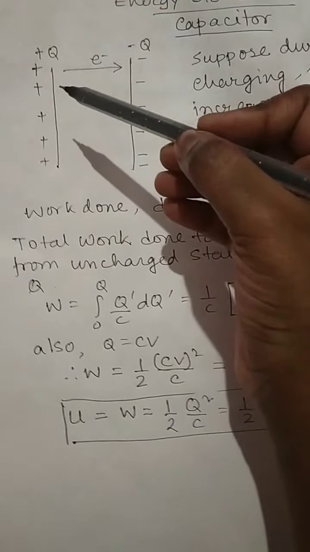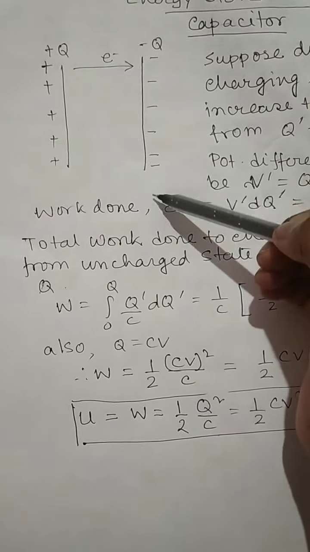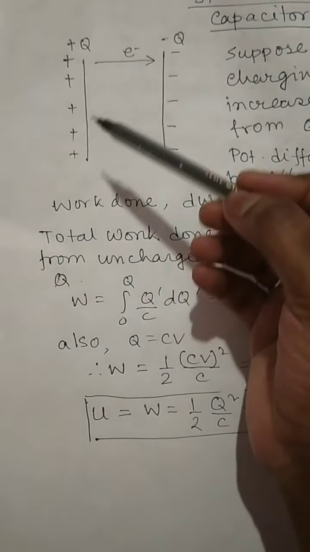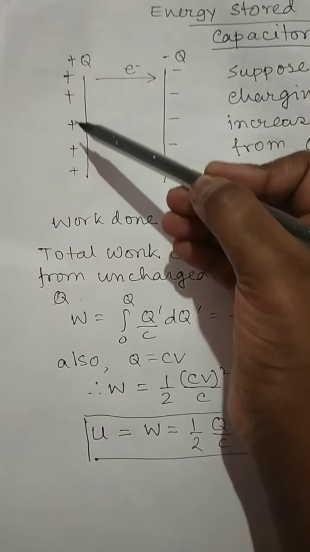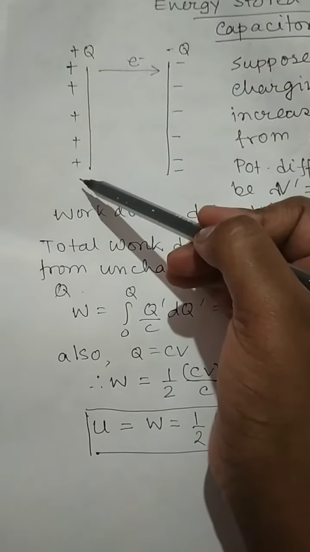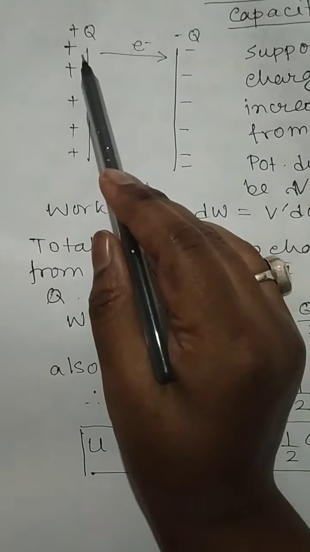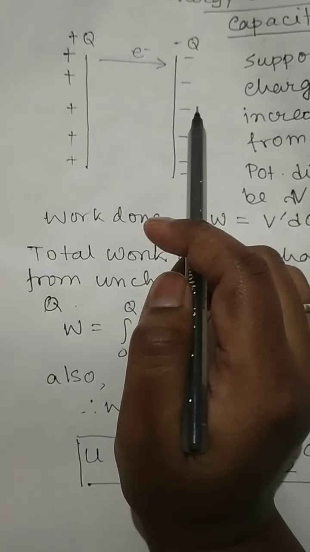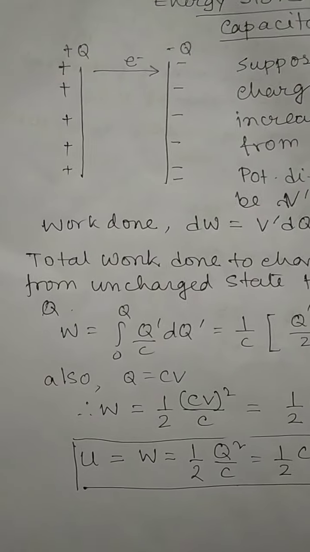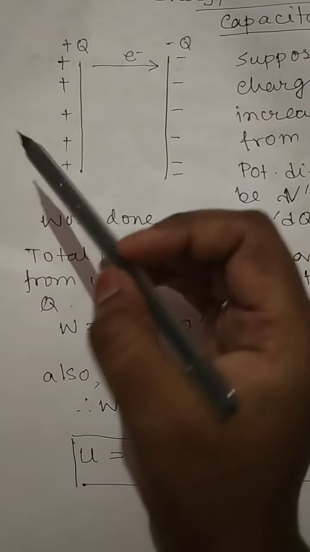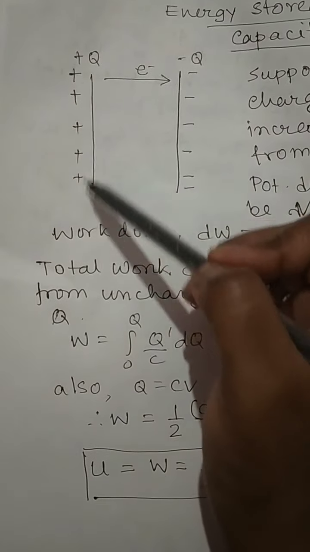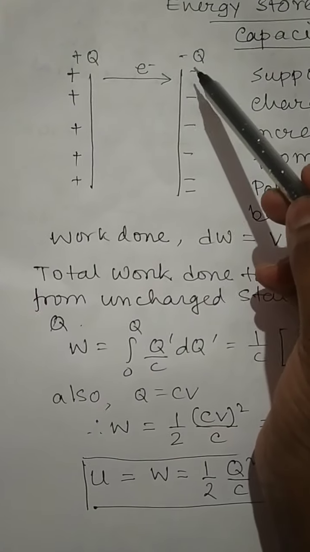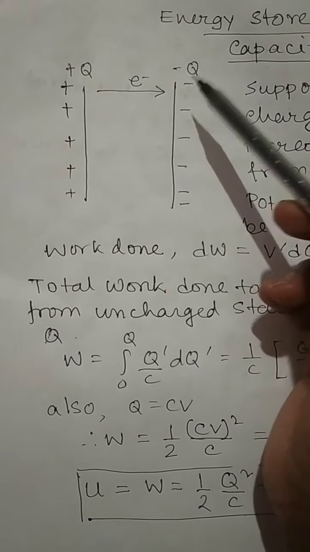As you know, the parallel plate capacitor is two plates separated at some small distance d. Initially, one plate is charged, say positive, and an equal amount of electrons is transferred from one plate to the other until both plates have the same magnitude of charge. Here we have taken one plate to be of plus Q charge and the other plate will be equally and oppositely charged, that is minus Q charge.